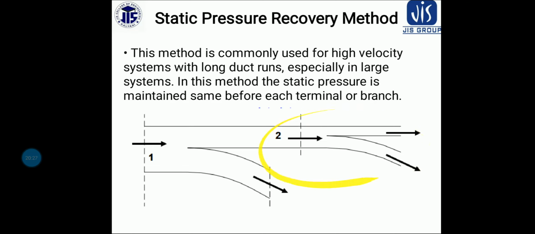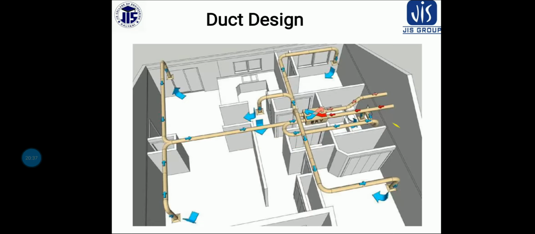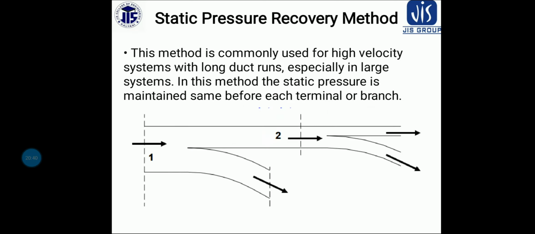Okay, so in this position, if this is your section 1, this is your section 2, and this is your section 3, then at that time we can write that M1 is equal to M2 plus M3. That means the mass flow rate here is equal to the mass flow rate here plus the mass flow rate here. So this is how we can write that Q1 is equal to Q2 plus Q3, that is your discharge.